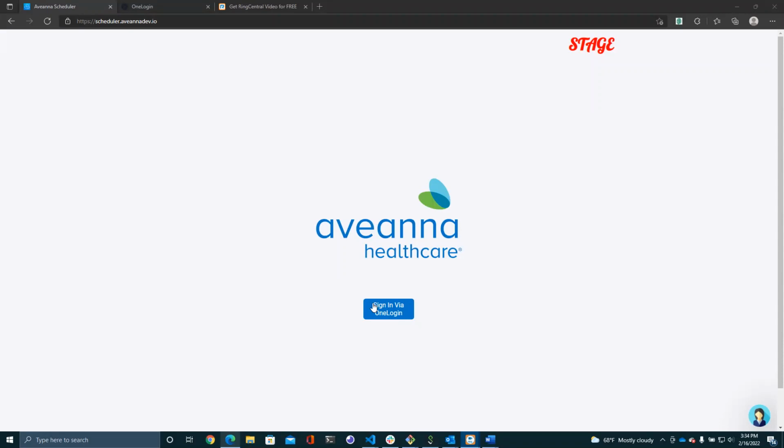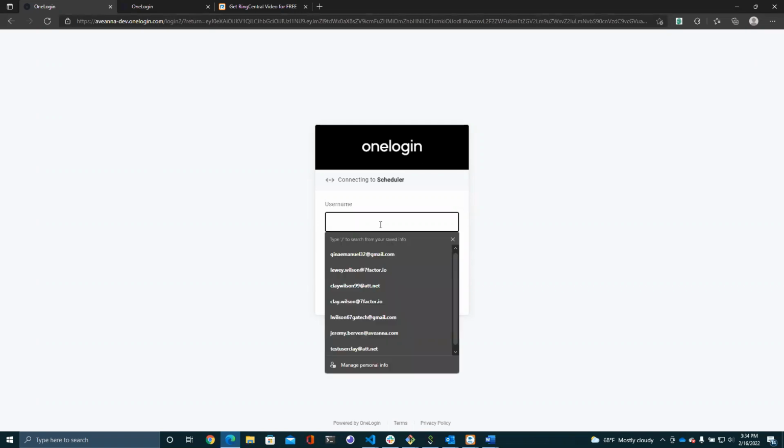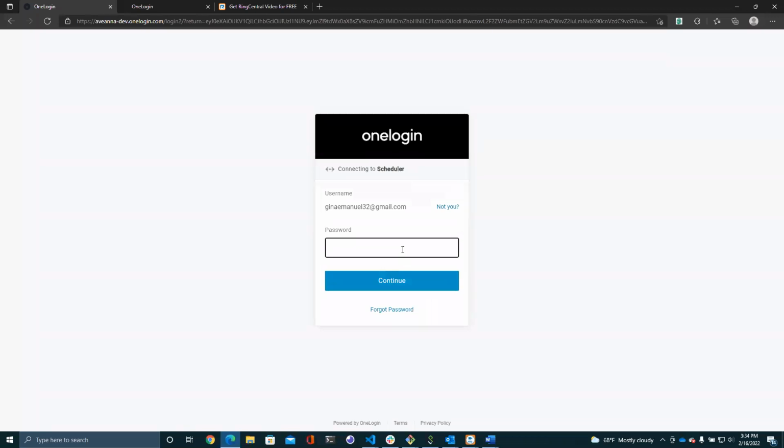So when you click on sign in via OneLogin, it will take you to, at least in the dev environment, the Aviana dev environment for OneLogin. You give your OneLogin credentials,